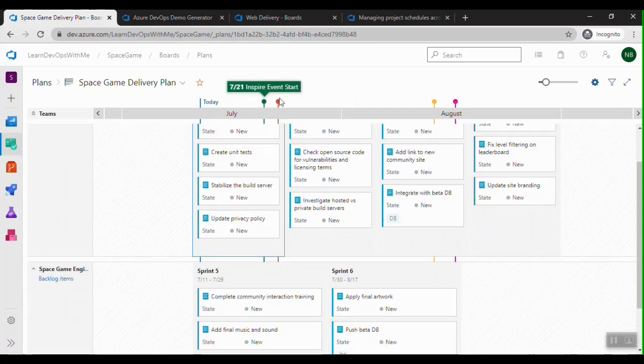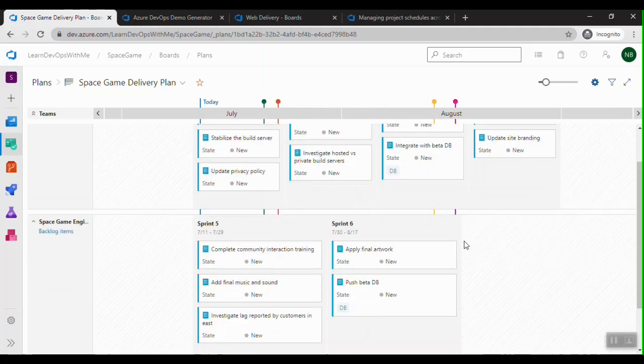Like there is an Inspire event going on, so Inspire event starts and Inspire event ends. This is basically to give an indication that some of the team members may not be available. They may be attending the events, and then there is an annual event, and we have a DB release going on 17th August. So a few milestones or highlights we can display using markers.